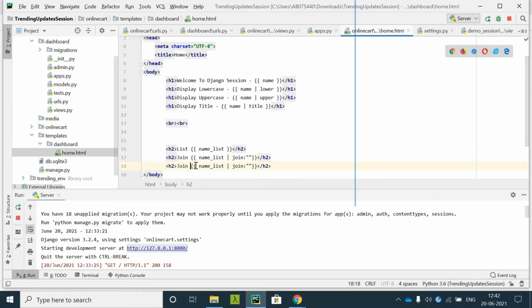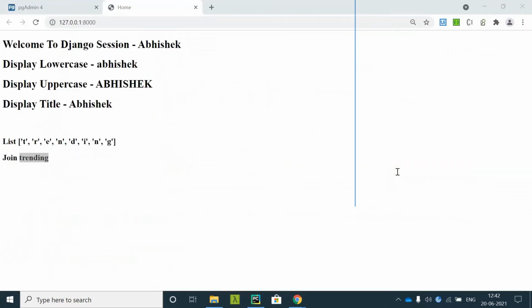Join separated by comma. You can see though it is joined, now it is in string format, but it is separated by comma.